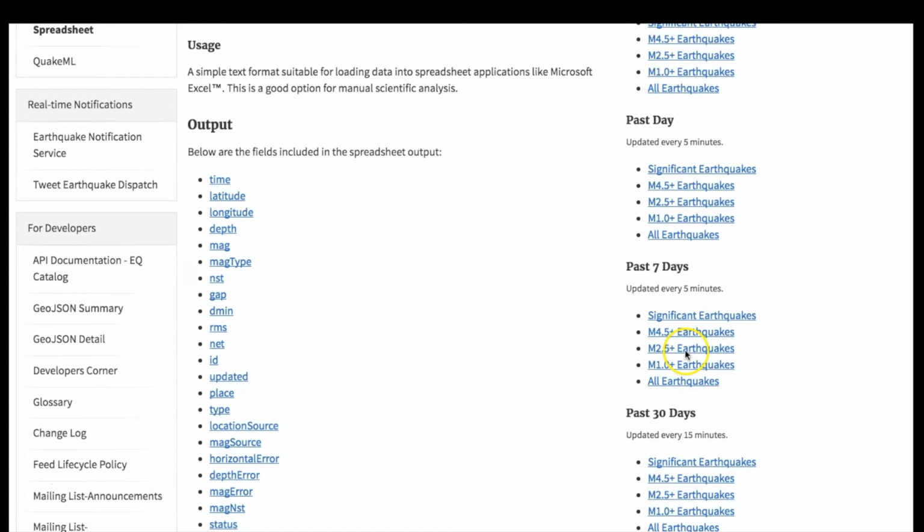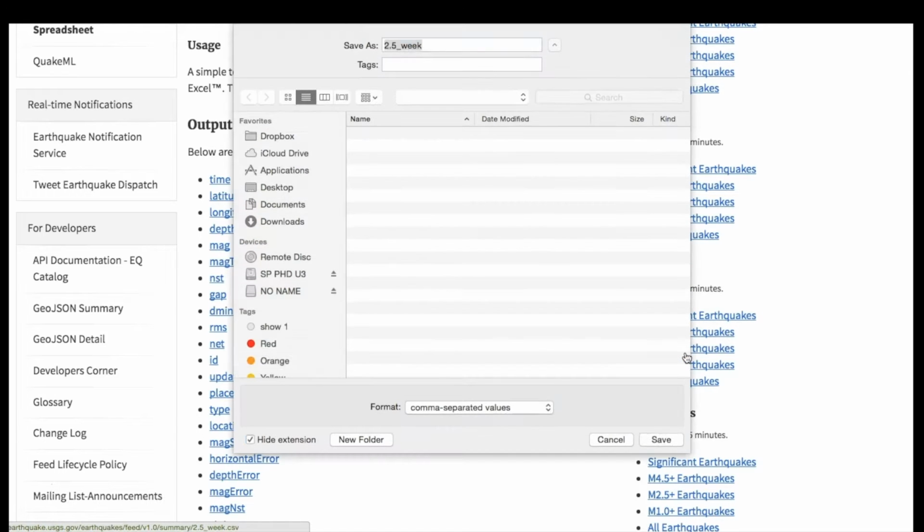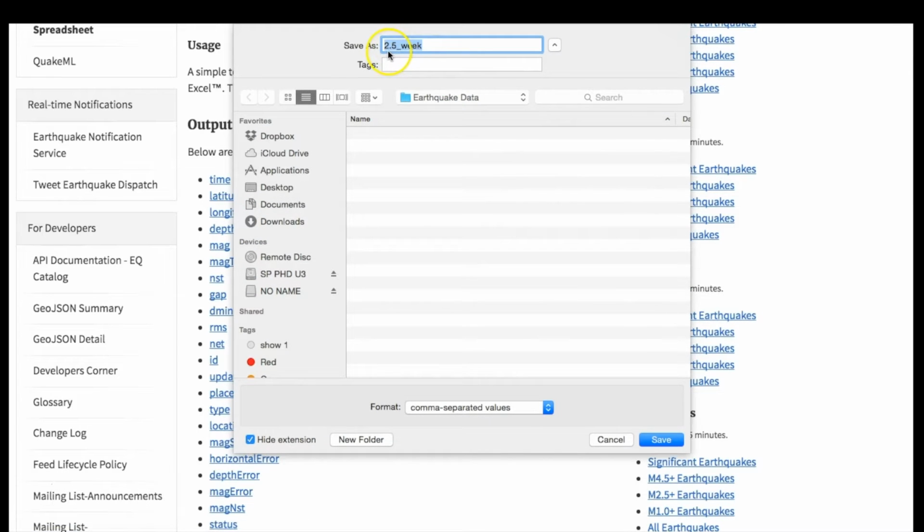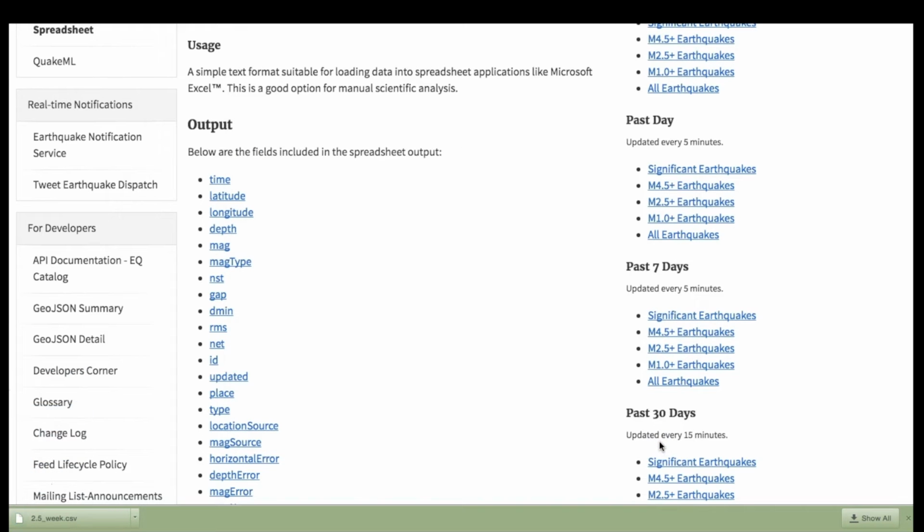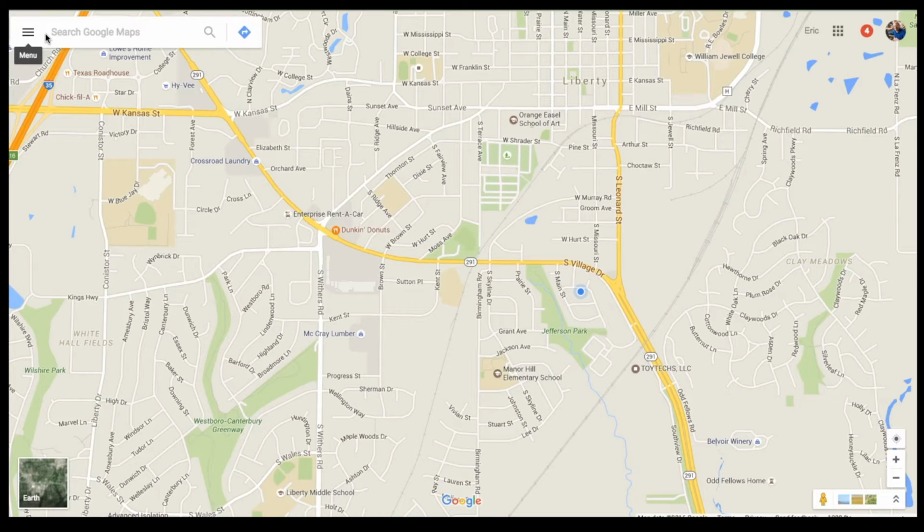So I'm going to click on this link here, and it is going to ask me where I would like to save this file. I'm going to keep it named 2.5_week, and I'm going to put it in a file that I already have called earthquake data. I'm going to go ahead and save that, and it's going to save it as a CSV file, comma separated values. So now that I have my spreadsheet, I need to go to Google Maps